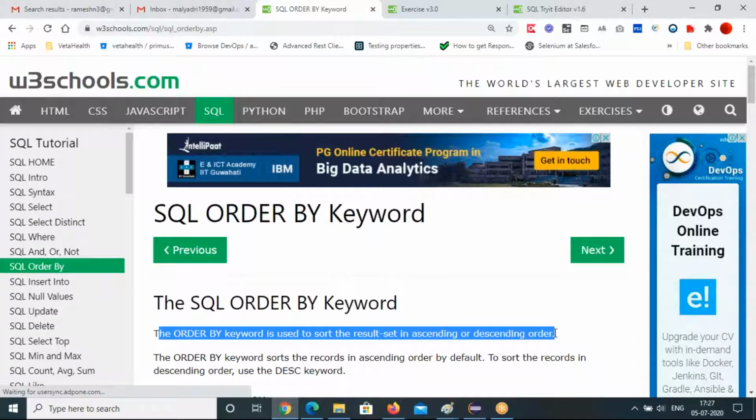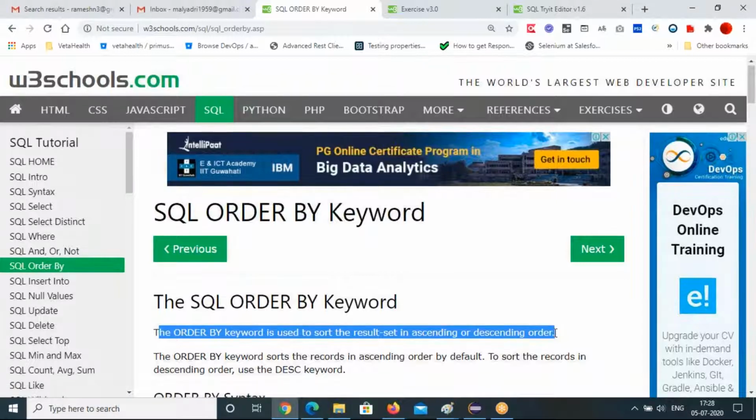For data analysis, these are all very important for the tester. You will execute on the database and you will get the data. This data and the UI data, whether they are the same or not, you want to compare. Then this is very helpful. You have to interact with the database. If you want to interact with the database, these are all queries you should know.